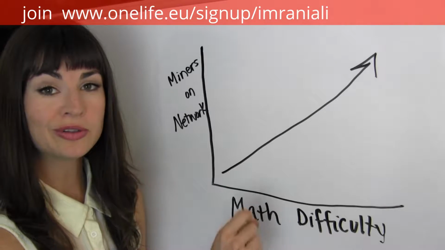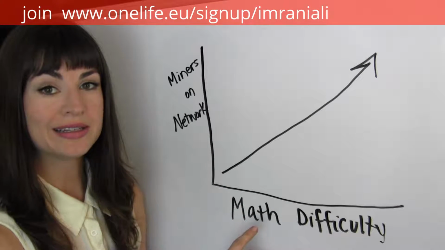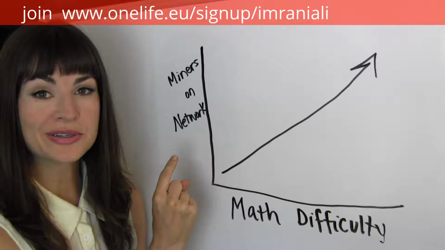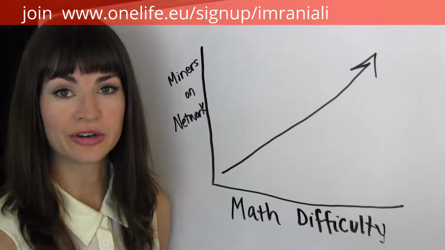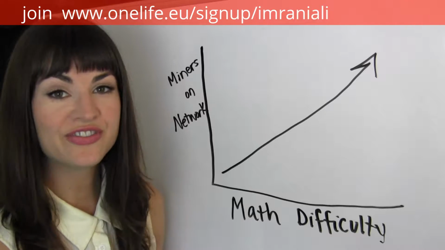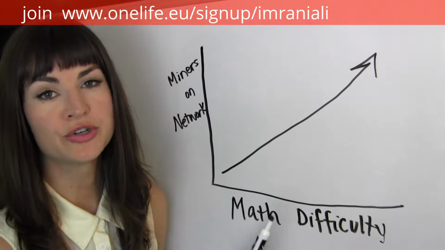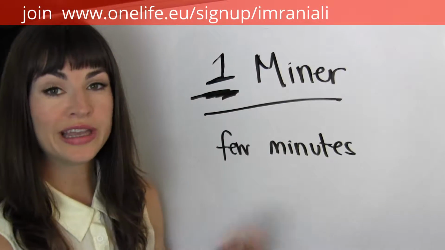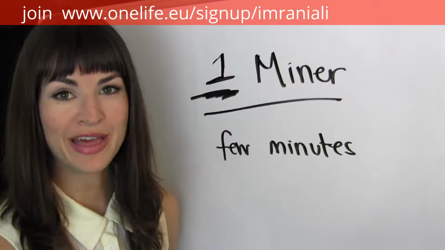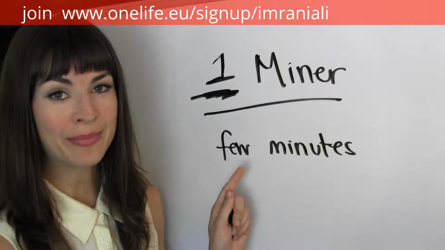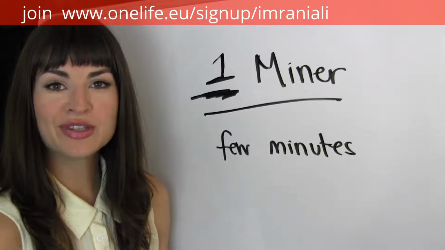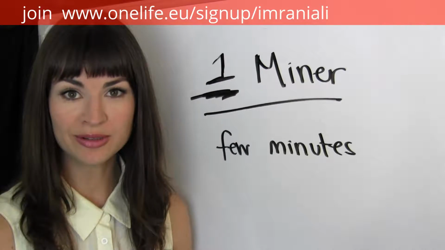And the difficulty of the math problem is set to increase as the number of miners on our blockchain network increases. And all this fancy mumbo-jumbo is done to ensure one thing: that only one miner solves the math problem at a time, and that it happens consistently every few minutes. And what happens when a miner solves the math problem? Well,